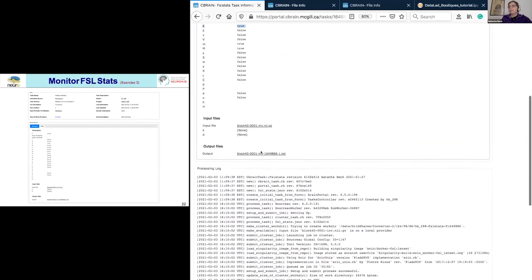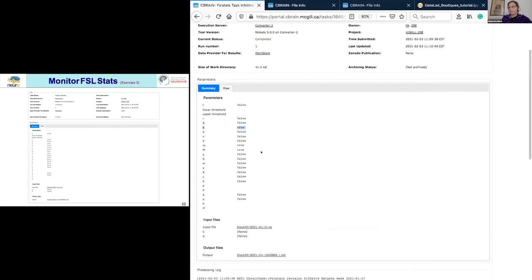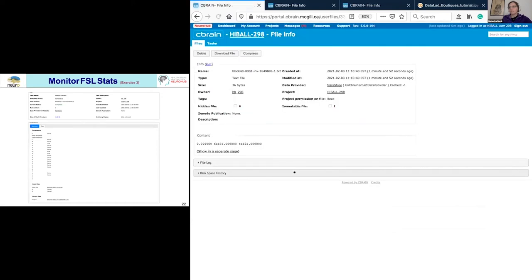If we come back at the top in this parameter page, you will see that I have the output files and it's a link. So you can simply click on it and it will appear in another page. And here you have all the information about the files themselves, so the outputs. And you have the content of the file. So it was -e, -m, and uppercase M. And that's the result of the pipeline, in fact.